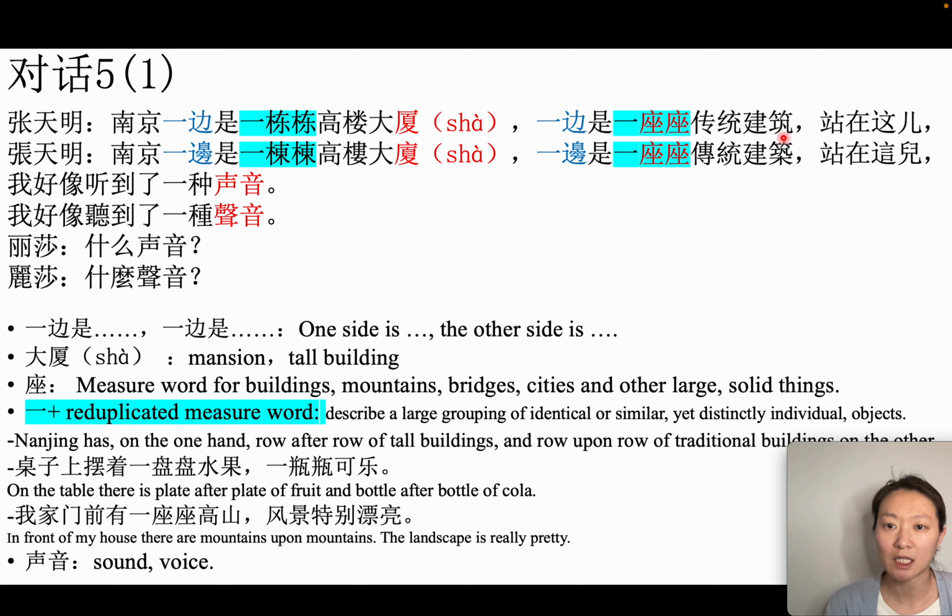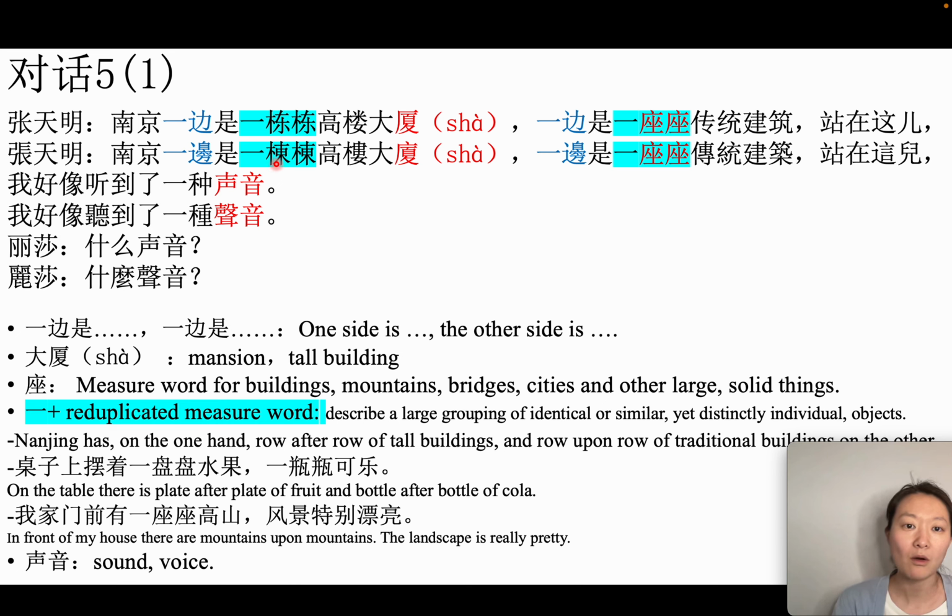It is a traditional architecture. 座 is also a measure word for 建筑: 一座建筑. It is also a measure word for mountains, for example, 一座山; for bridges, 一座桥; or cities, 一座城市; and some other large solid things. For these things, we use the measure word 座。